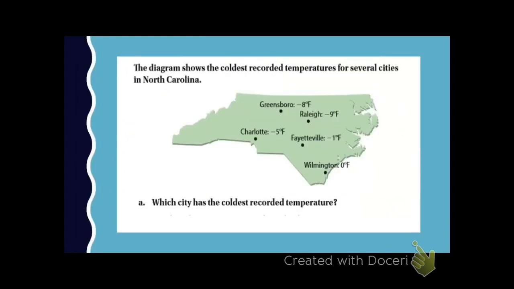Now look at this map. It's a little map with some cities in North Carolina, and it's marked their temperature, their coldest recorded temperatures. All right, it says which city has the coldest recorded temperature. Now some of you could look at this and you could say, oh, I know right away which one it is. And that's great. If you know it right away by looking at the picture, fine. If not,